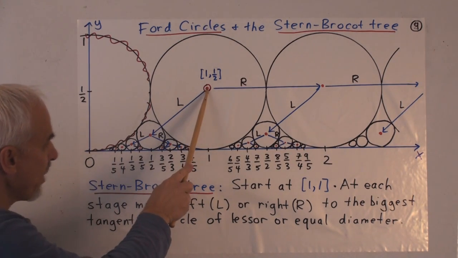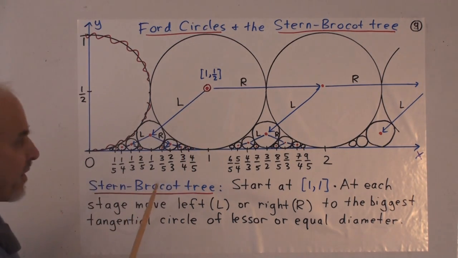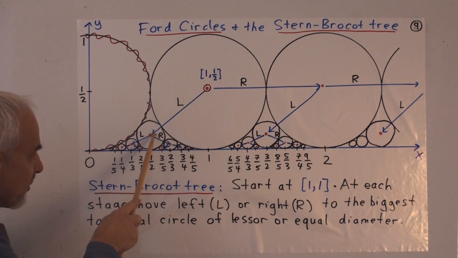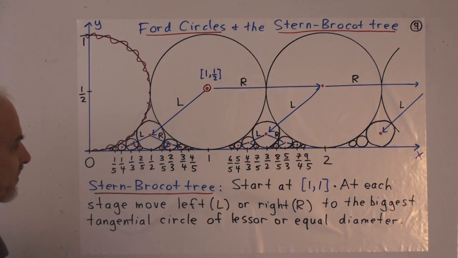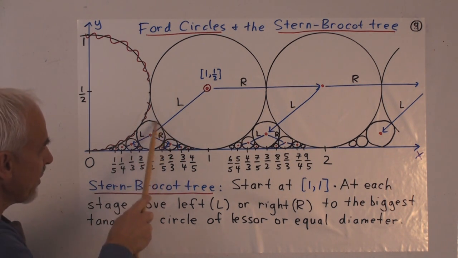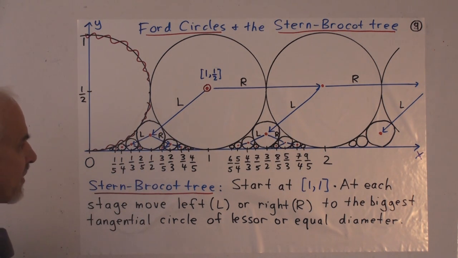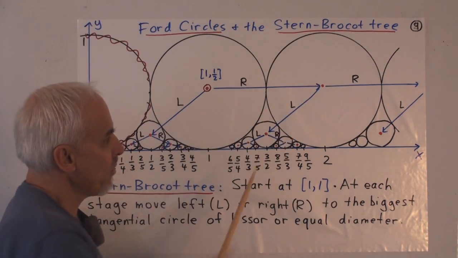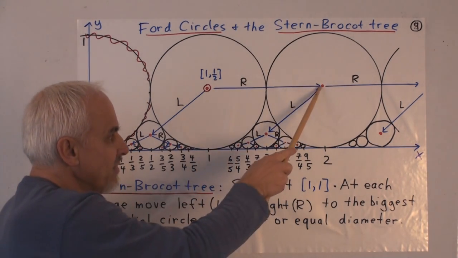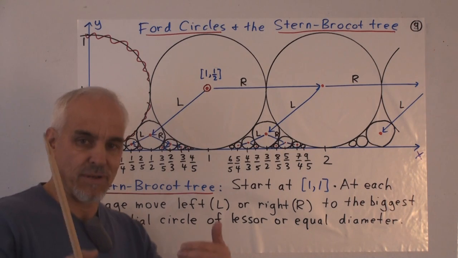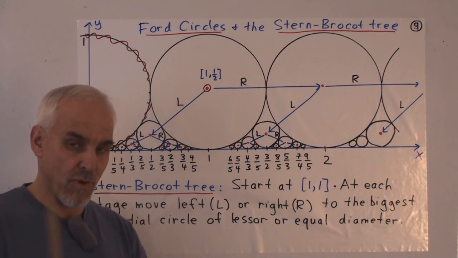Moving left, well, this one here we've rubbed out, so it's not there. So we have to go down here to this one here. All right, so this one here is the circle above a half. If we go left from this one, we're not going to go back to this one. We're always going to go to some new circle that we haven't gone before because we want a tree.